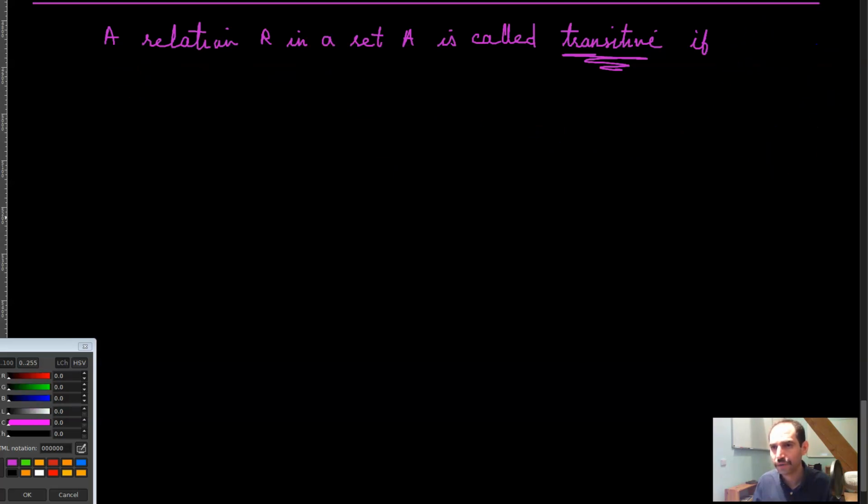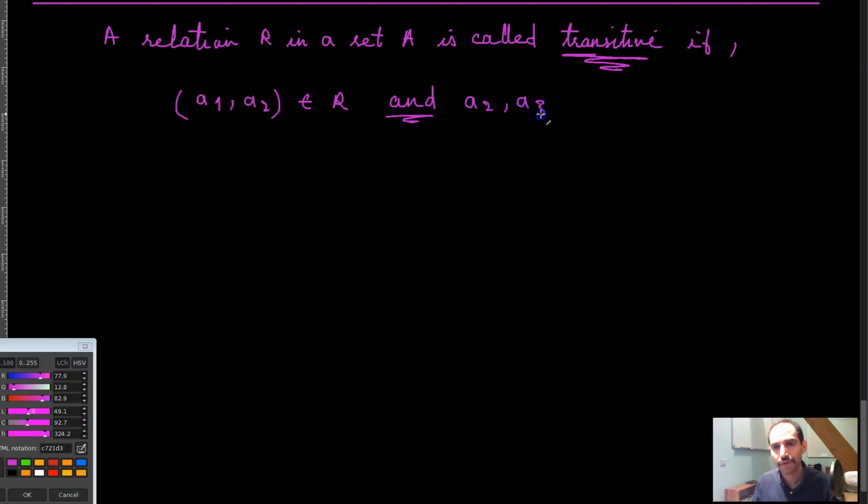So if A1, A2 belonging to R and A2, A3 belonging to R, implies that